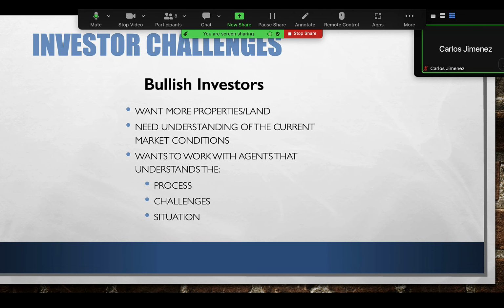All right, so here are the challenges for bullish investors. Bullish investors are investors that believe the market is a good time to invest. It doesn't mean the market's going up, doesn't mean the market's going down. It just means that they're bullish. They're hungry. They want to invest in real estate. They want to get in right now. So their